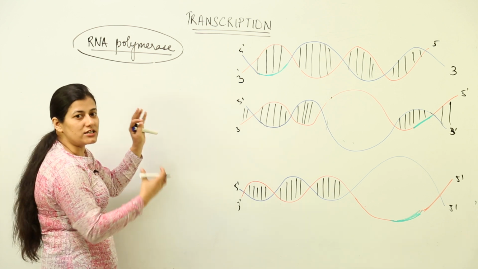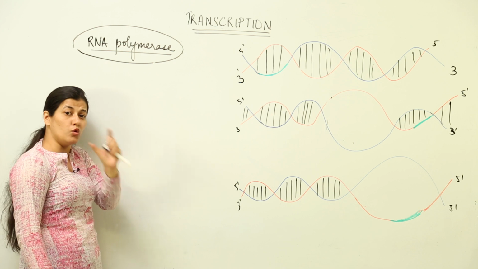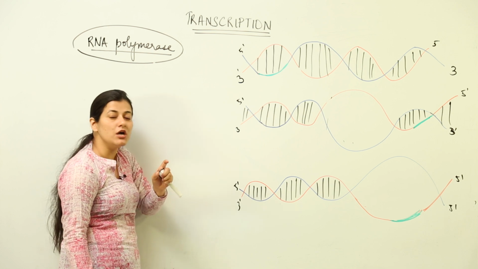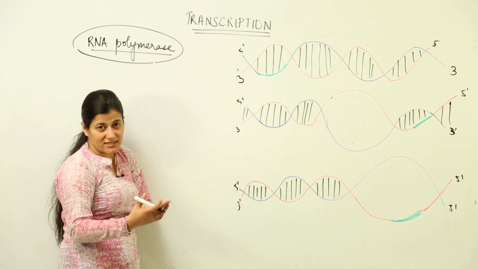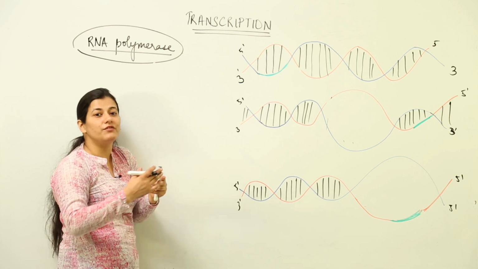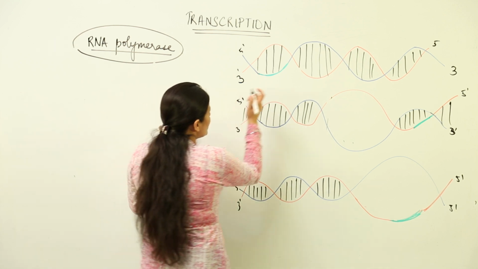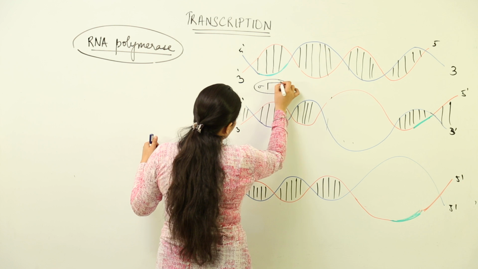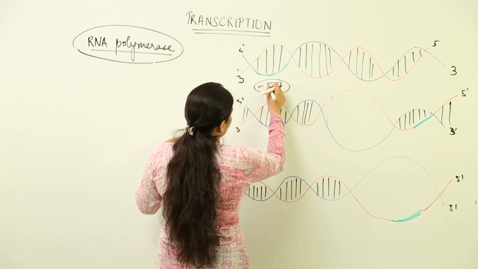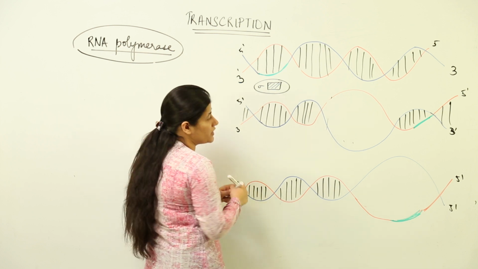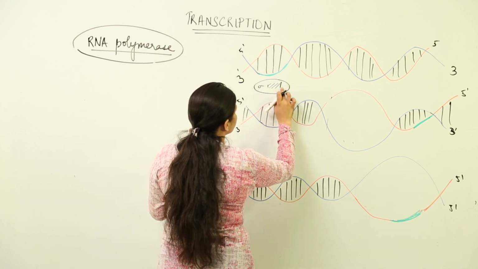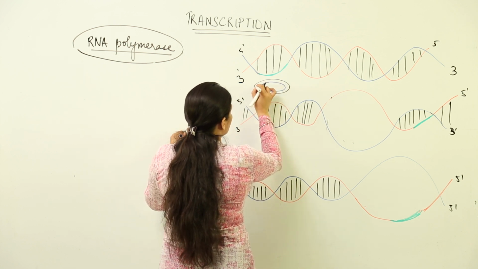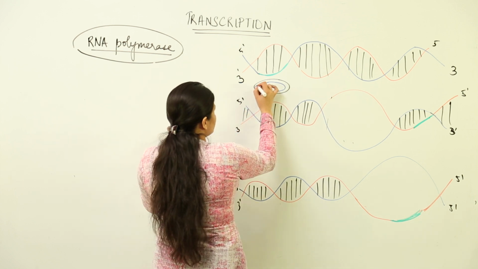So, how is it possible that a polymerase enzyme is able to identify the promoter sequence as well? As in the earlier cases, we had origins of replication which were identified by primers. Over here, we don't have primers. So, who comes to the assistance of this RNA polymerase and helps in identifying the promoter sequence? You have to remember that there is a sigma factor that combines with RNA polymerase. Supposedly this is the RNA polymerase, or I would represent it like this. This is the sigma factor. Inside we have the RNA polymerase. They both combine and identify the